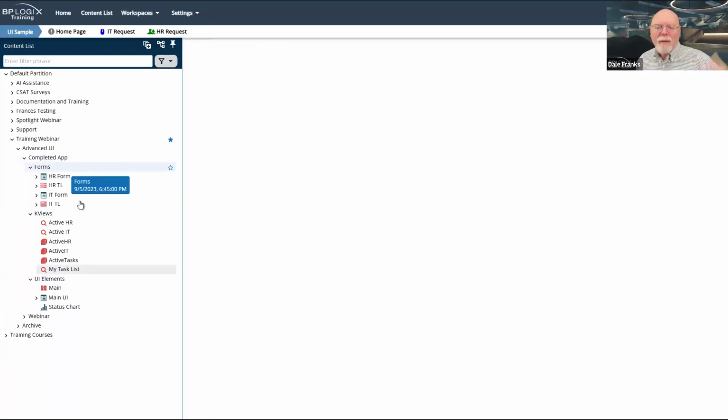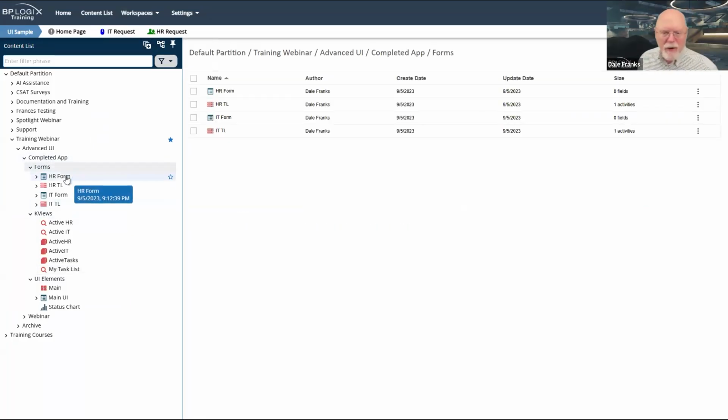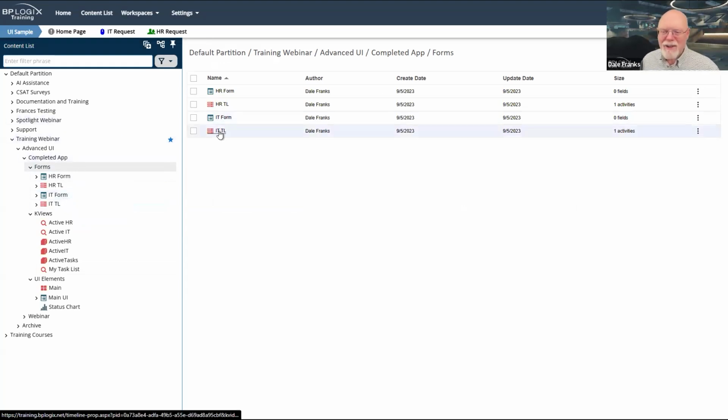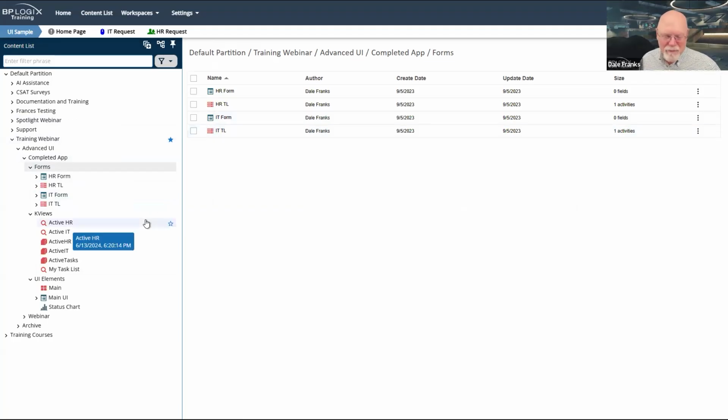So I have 2 applications that I'm running. There's an HR application and an IT application. Their actual contents are not really relevant for this discussion, except for the fact that they must exist, and instances of these forms must exist, and timeline instances that assign tasks to me, in this case, must exist.